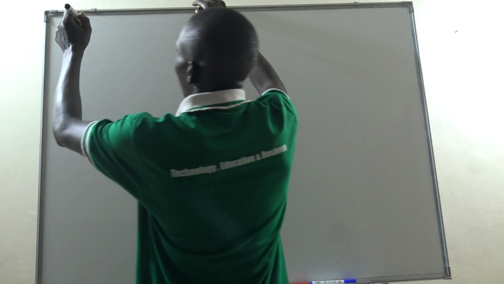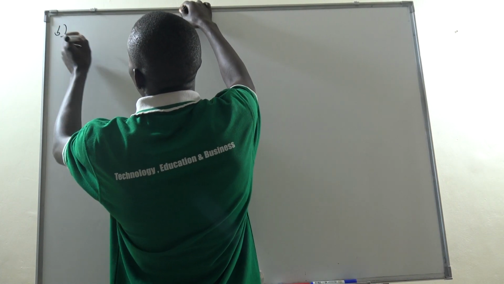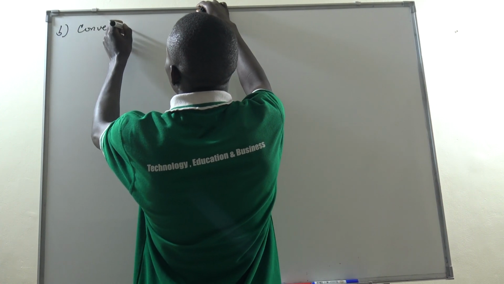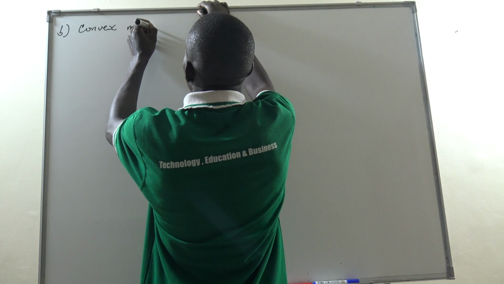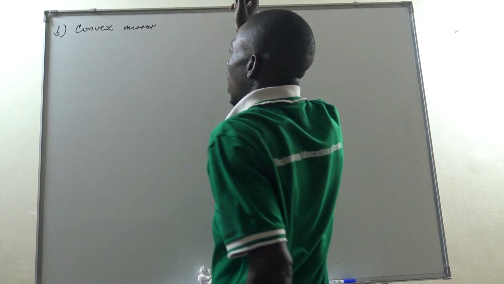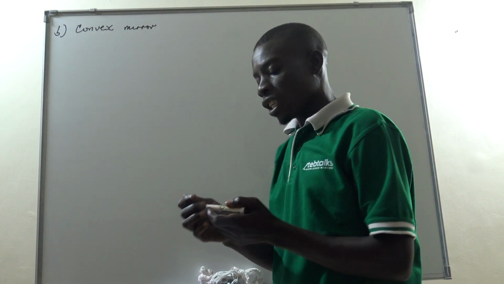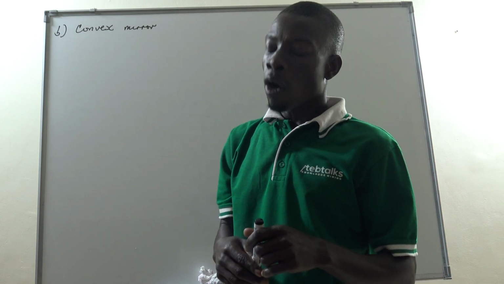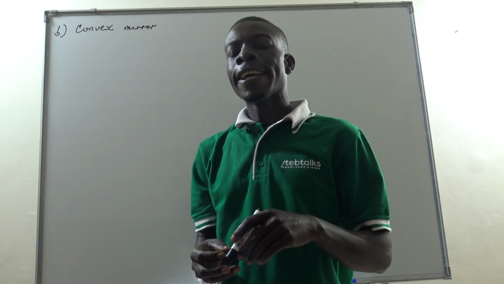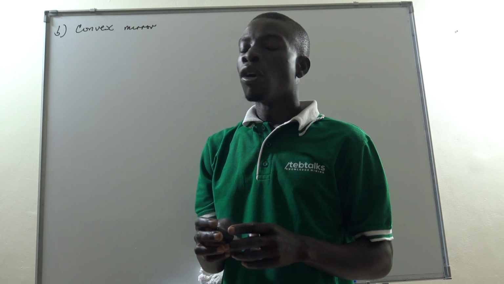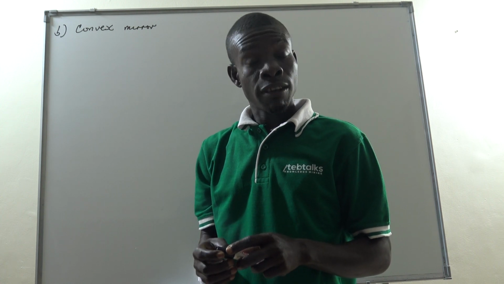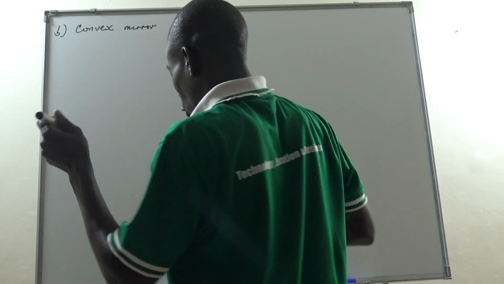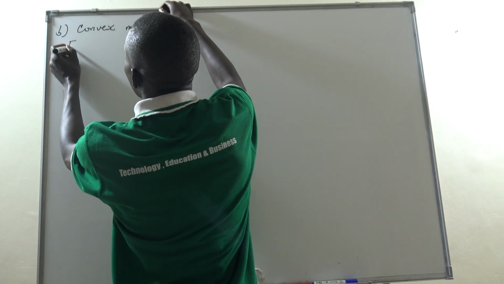So let's now look at part B, image formation in a convex mirror. Is that okay? And now we are saying that for convex mirror, irrespective of the location of the object position, the image will always be erect, virtual, and diminished. So we are saying that for convex mirror,